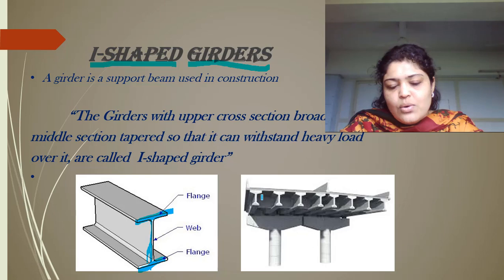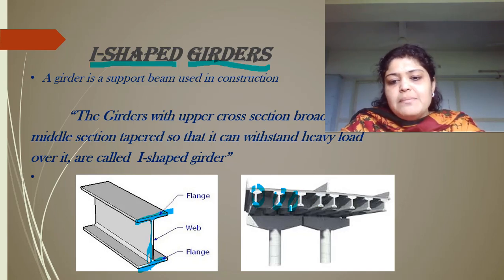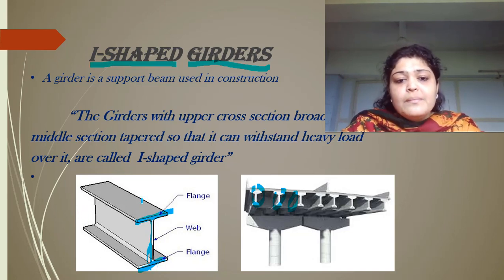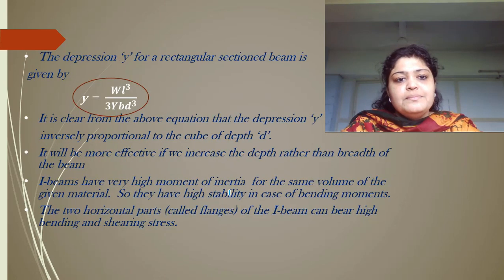You can see these are all nothing but I-shaped beams over here. What gives them strength? It is the depth of the beam that gives them strength, because if they do not have strength, they can sag like this. They can bend in the middle, or they can bend at one end if they are fixed at one end. So that depression would be very high if the load is high. So the beam needs to be stronger so that there is less depression.